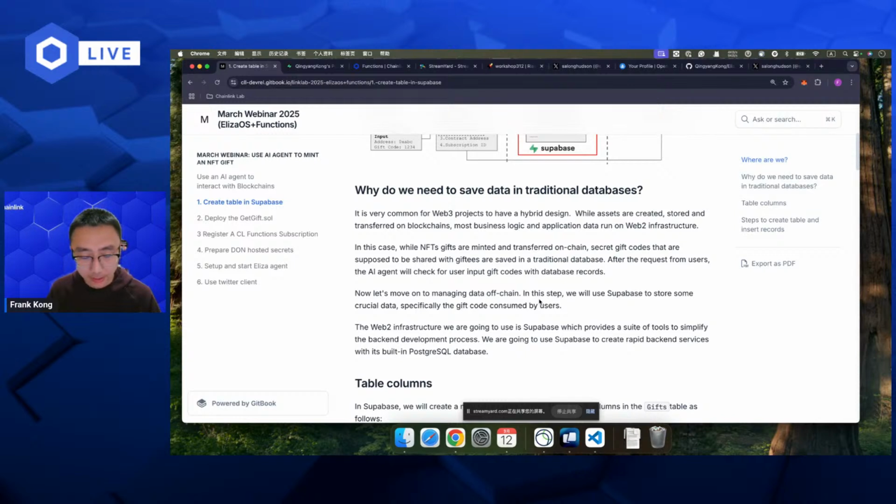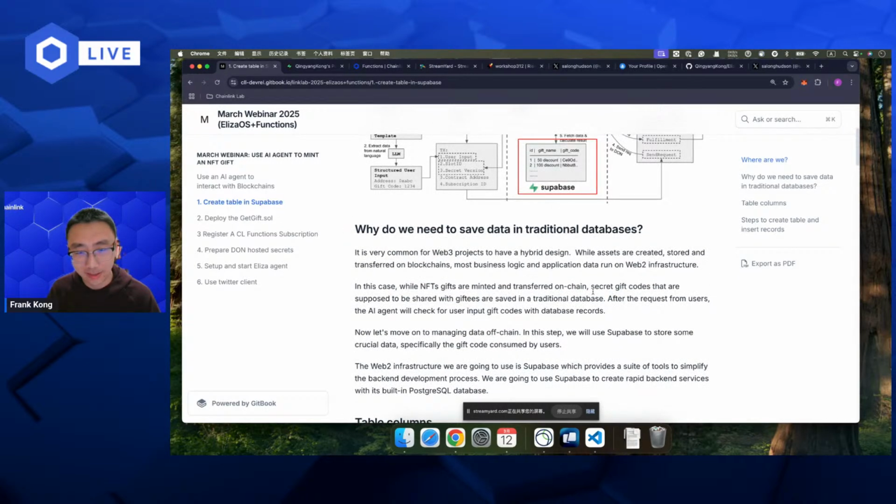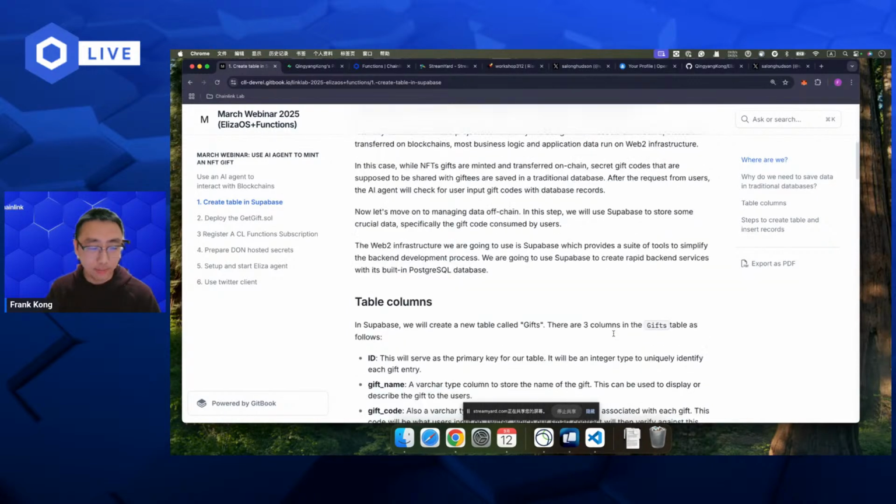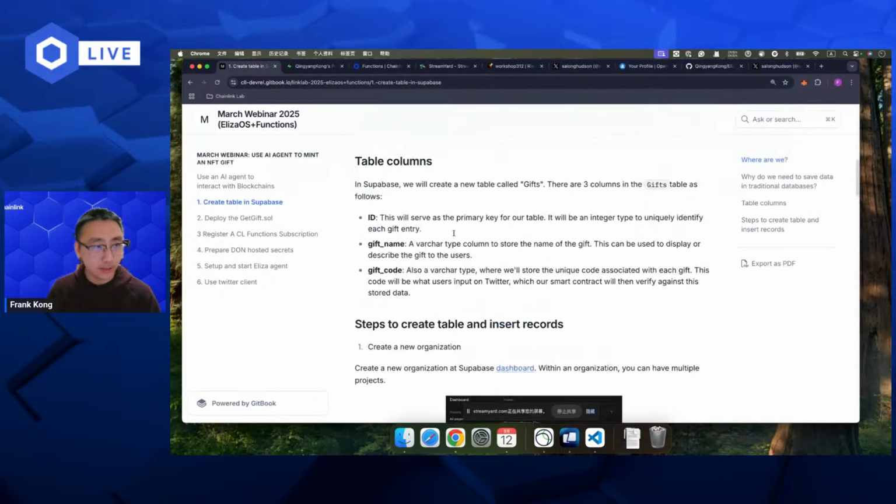Another reason is that the blockchain is transparent and tamper-proof, so if you save data on the blockchain, everybody can see it. There is no privacy. I know there are some technologies to keep data private on the blockchain, but they are harder to use. So the way to save private data is still a centralized database, and we can save data meant for everyone on the smart contract on the blockchain.